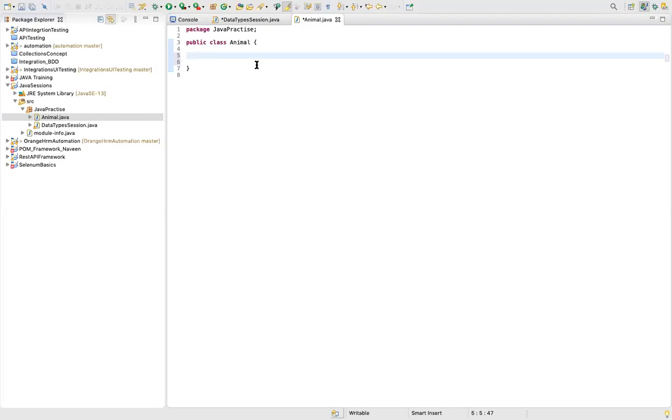So for example, now data, what kind of data can it store? Let's say for an animal, what are the behaviors of that particular animal, what are the states of the animal? So in terms of data, you can say color. Okay, so you can have string color. Now each and every animal has some color, right? And you can define age.